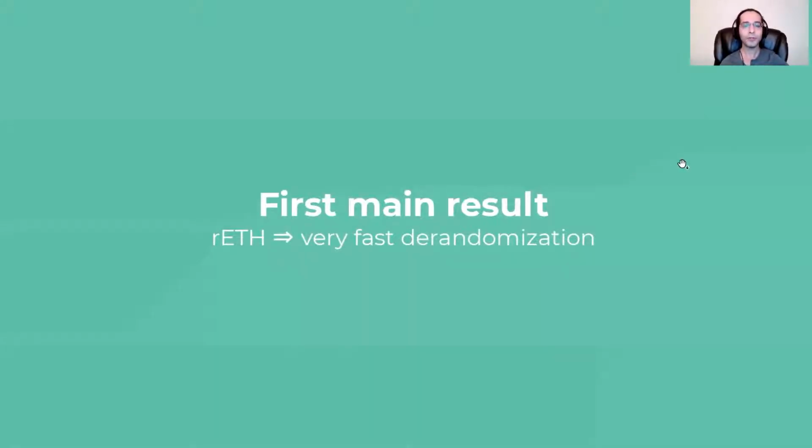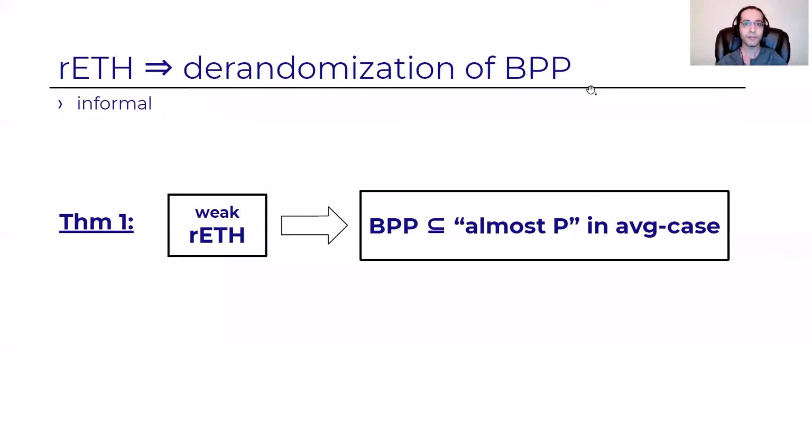In this talk, I'm going to present 2 main results from our work. And for the first result, I'm also going to sketch some high-level ideas from the proof. At the end of the talk, I'll briefly mention extensions of these results as well as other results from our work. So let's begin with the first result.